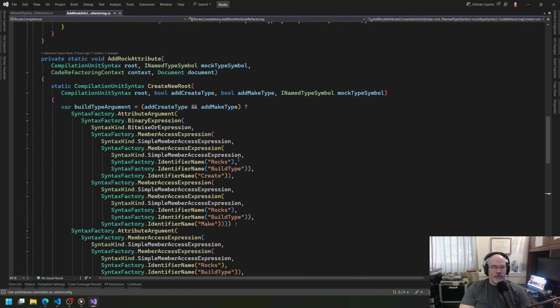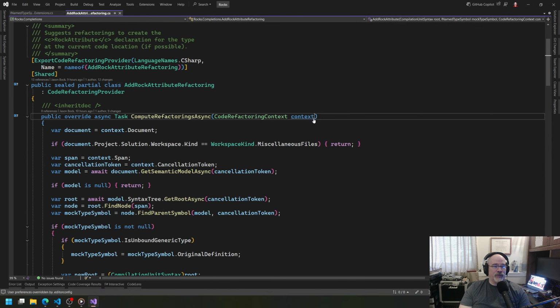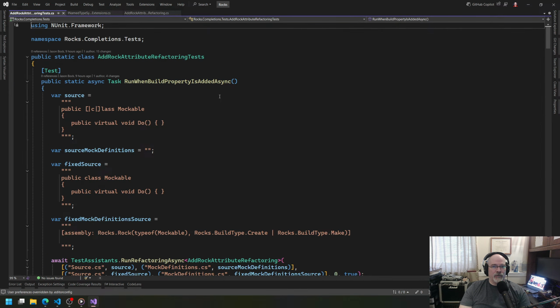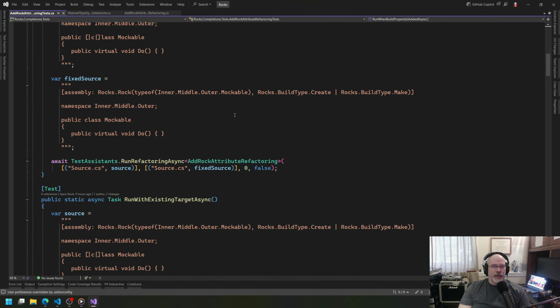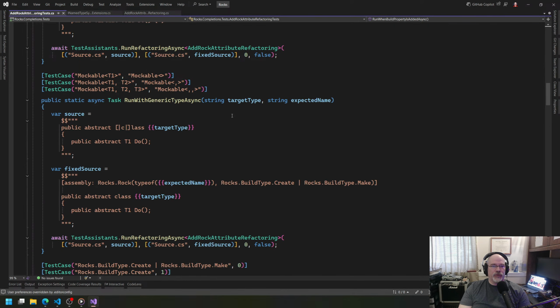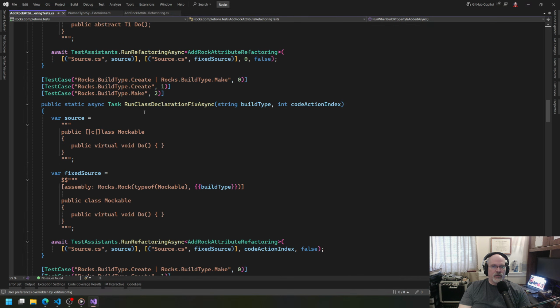That all works. I now have another example. If anything, this is nice for when I do talks. I want to talk about Roslyn. I now have a refactoring example that I can show people and learn, and also show how you do testing. Testing was another thing that took a while to get correctly. Figuring out, for example, if I have multiple, this took a while to figure out. If I create a number of fixed sources,